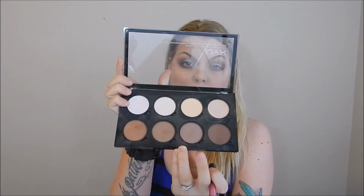And then earlier I did put some bronzer on. I used the Too Faced medium deep color, and I did not contour. I think I'm going to contour just a little bit, and I am taking the same brush that I used for highlight. I'm just kind of brushing off any excess that might be there. And then I'm taking this, the lightest, coolest color that they have in the NYX contour palette. And I'm just gonna take a little bit of that